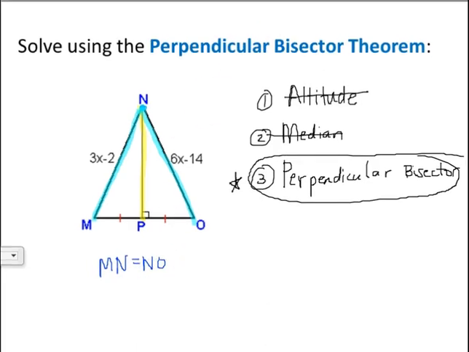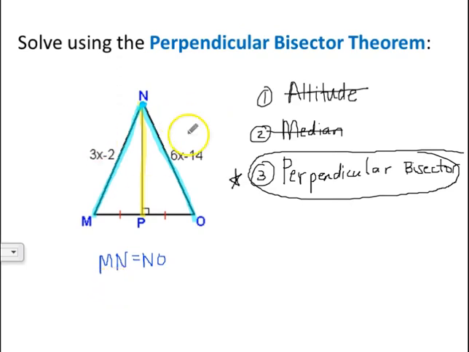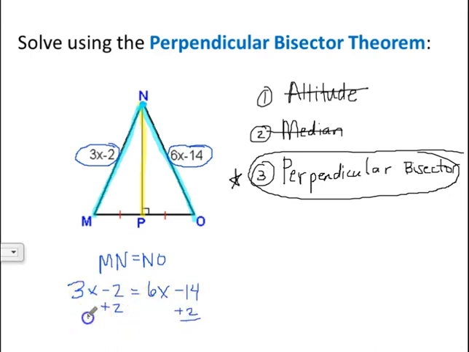So we can use what we're given now, these equations that represent the length of each of those segments, and set those segments equal to each other. So we would have 3x minus 2 has to be equal to 6x minus 14. Then we're just going to use our algebra and solve for x. So I'm going to start by adding 2 to both sides. I get 3x on the left, 6x